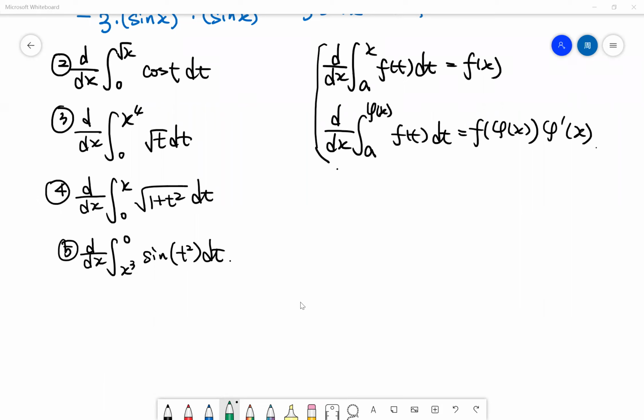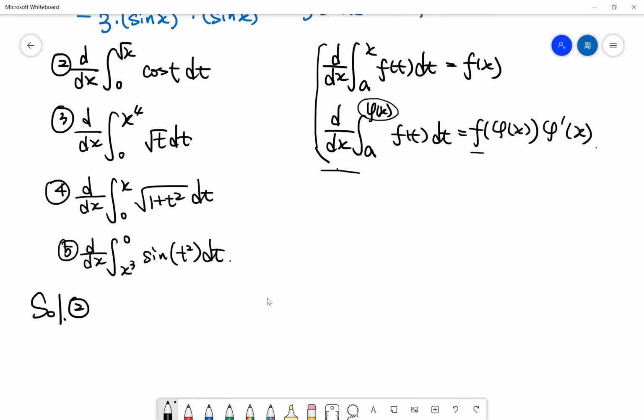Okay, let's solve these four questions together. And for number 2. Number 2. So here you will find that the upper limit is square root of x, right? So obviously we'll choose formula number 2 here. So we follow this formula. First step, you should treat the upper limit function as a whole and substitute it into this function f